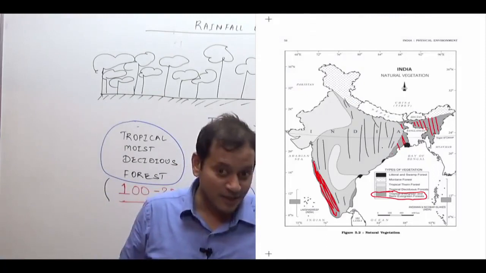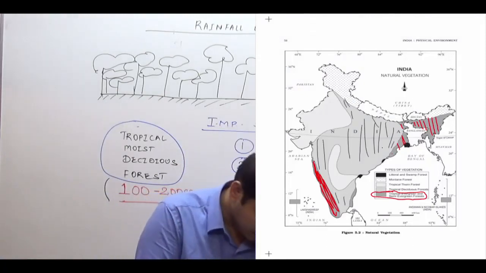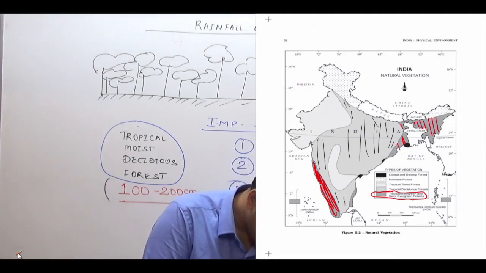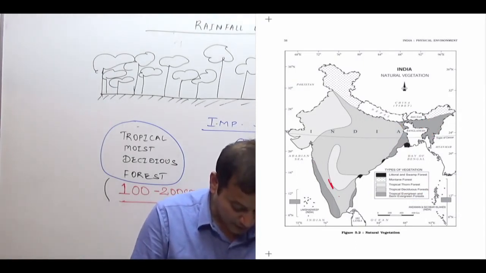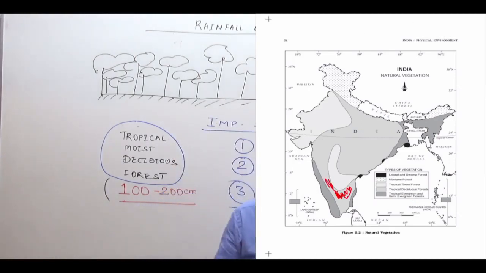In which part is the sandalwood found? So let me use this. Sandalwood is found in the state of Karnataka, in the lower part. This is an area of Karnataka. So you can see, if the question comes, the forest in Orissa, this is Orissa over here, which is it? Tropical moist deciduous forest. Chota Nagpur Plateau, Madhya Pradesh region, moist deciduous forest. West Bengal region, moist deciduous as well as mangrove forest. Coastal Andhra Pradesh, moist deciduous forest. But for examination, you remember Orissa,